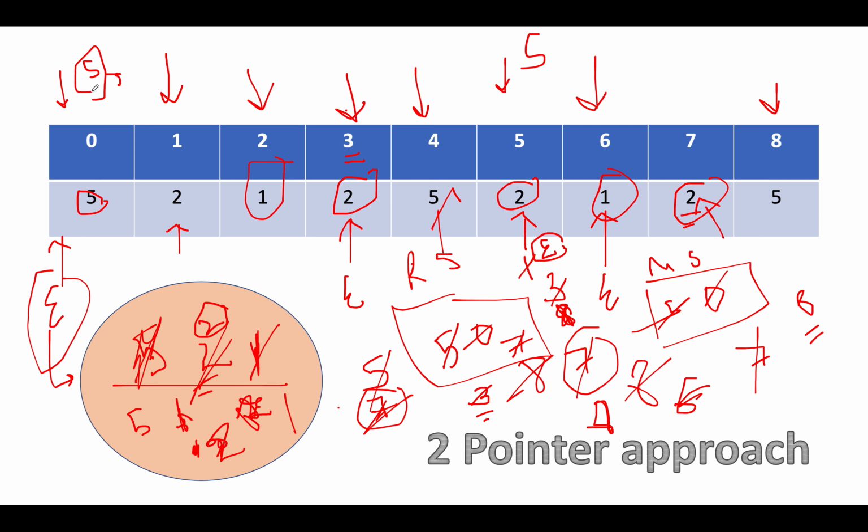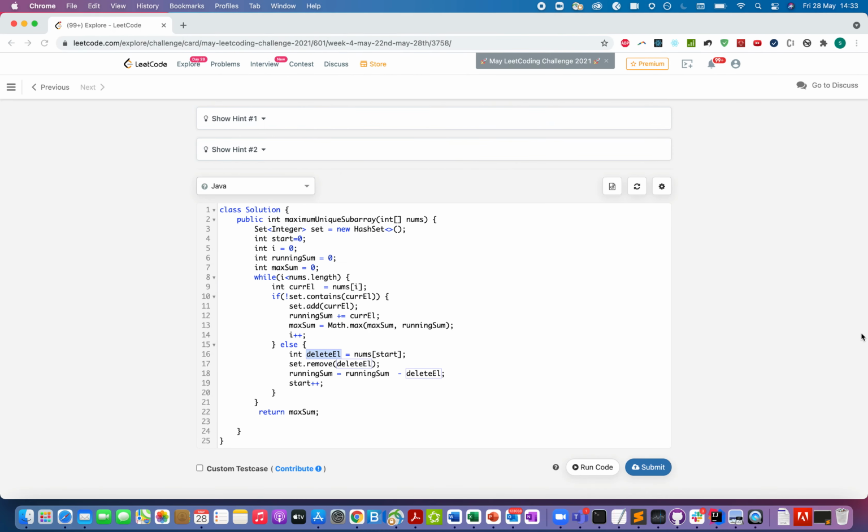Whenever you see a new ending element, you will first of all check whether it's part of the set or not, and if it's not part of the set, you will add that element. If it is already a part of that set, you will increment the start pointer. So without much ado, let's look at the coding part, and everything will be clear there. Also, the answer in this case is 8. So wanted to highlight that as well. Let's move on to the coding part.